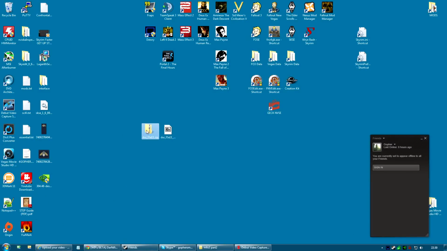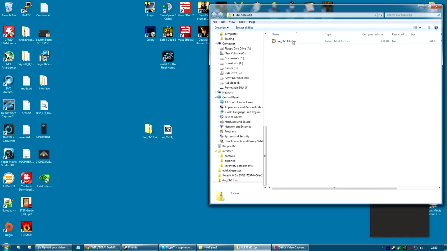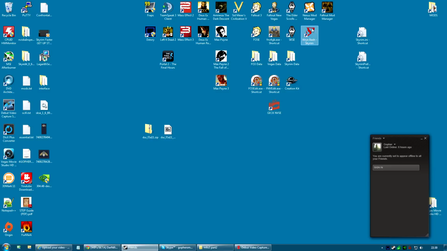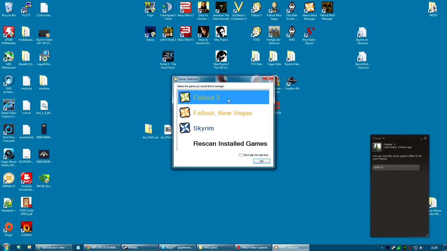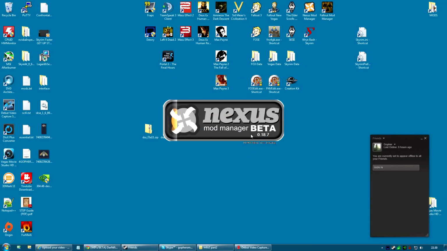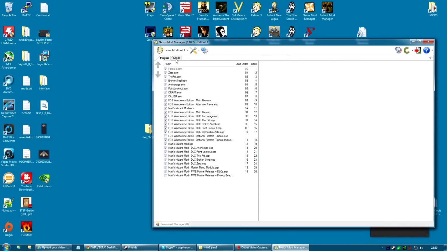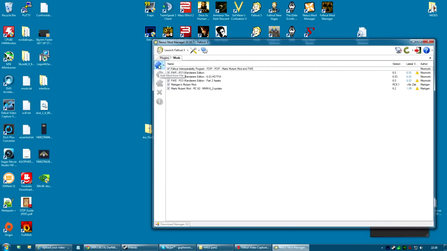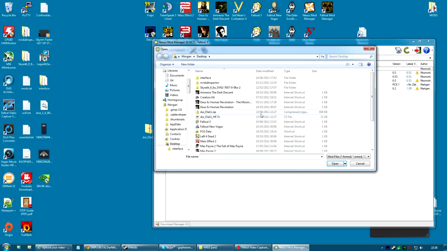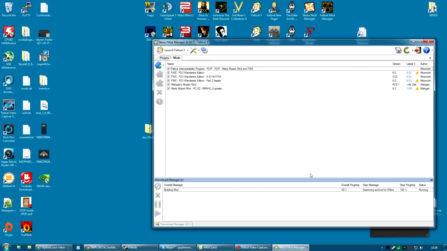Now, if you actually look inside the main file, it's a zip file. It comes with a faux mod. Believe it or not, you don't actually have to do that. Nexus Mod Manager is fairly clever in this way. You can start up Nexus Mod Manager, go to Fallout 3, and you can make a mod package directly from the zip, and it will sort everything out for you. So go along to the Mods tab, do the Add Mod from File, select the DUI_F3A11.zip, and it will create